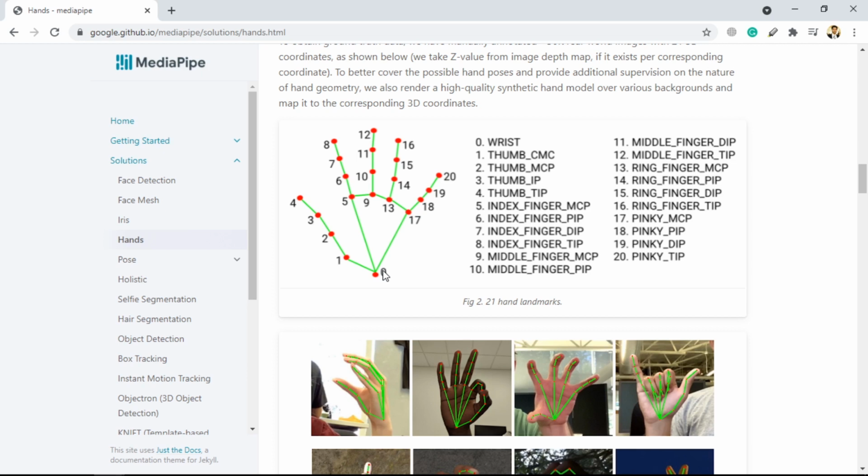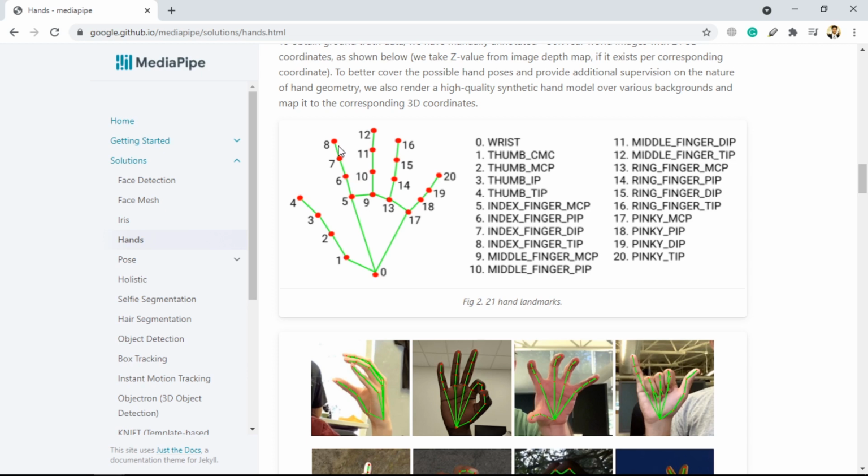Now we will initially create this setup using MediaPipe and get these landmarks in our code. Then we will figure out how we can work with the index finger and the middle finger, and draw using the index finger.